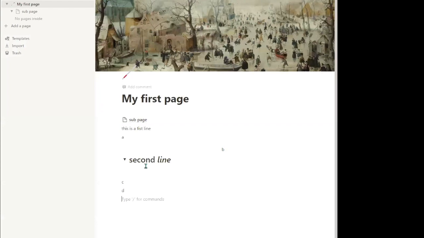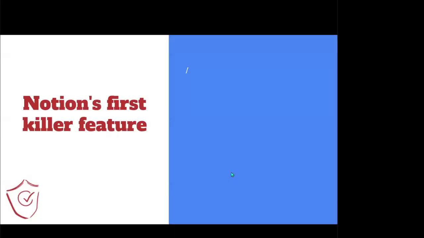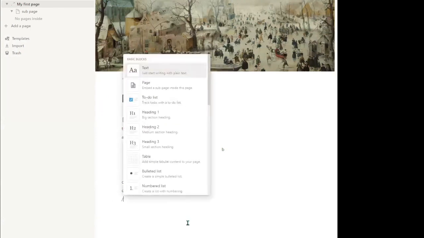And all of that is great. You can click around, you can click on the plus and create things, but it takes me back really to the first main killer feature that allows you to work in Notion very quickly, and it's simply the slash key. Okay, so the first killer feature I would say in Notion is the slash key, and you can see it there. Type slash for commands. By just typing slash, you're able to just bring up the list of all the blocks. The most common ones are up at the top, but you can just navigate them with the keyboard and just